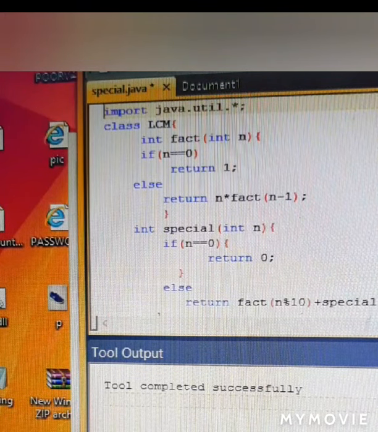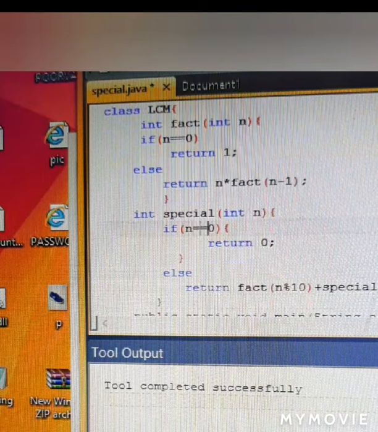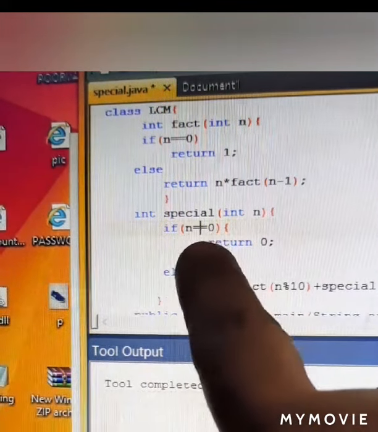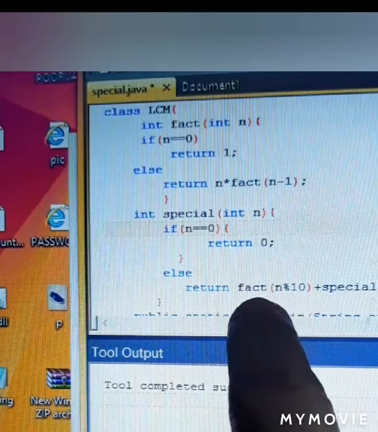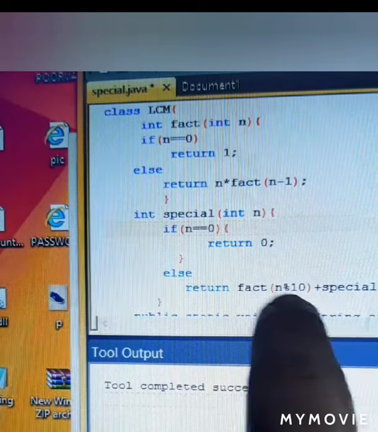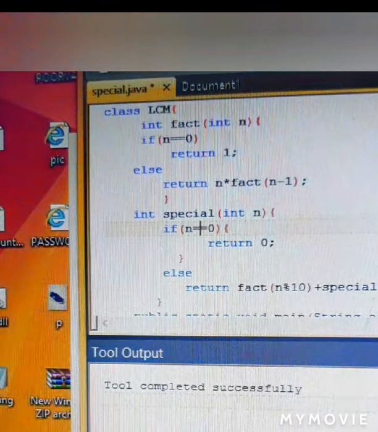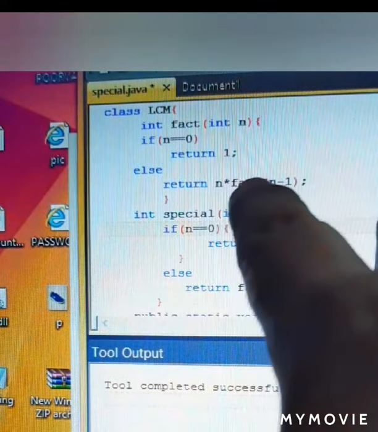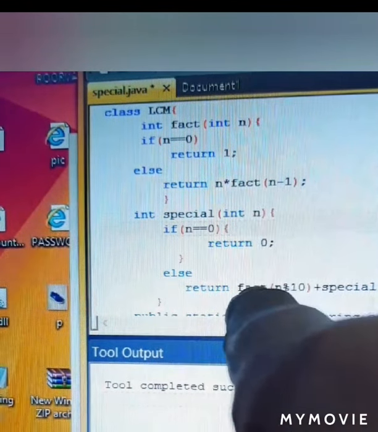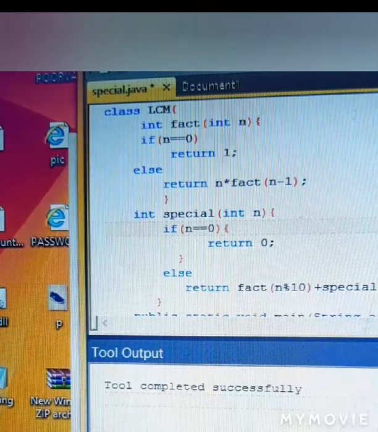So now let's understand what this program is doing. First of all, let's move into the special function. Suppose that number was 145. 145 is equal to 0 is a false condition. It will come to the else part. First of all, it is extracting 145 modulus 10 will give you 5 as a remainder, which we are sending to the fact function in order to retrieve its factorial. Here 5 into 4 into 3 into 2 into 1 will be calculated as 120 and it will be returned here because the fact function has been called here. So 120 will be placed in the memory.